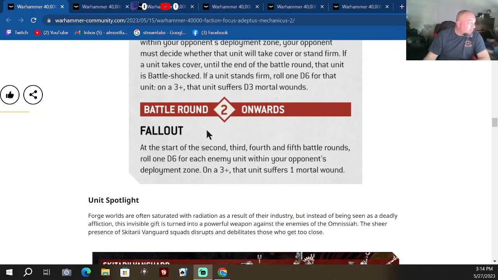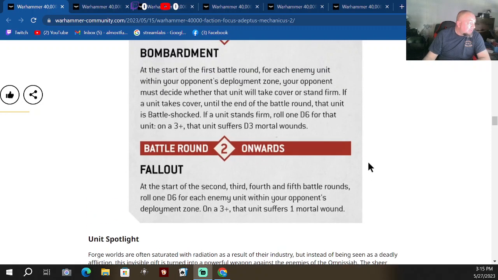From round 2 onward, at the start of the 2nd, 3rd, 4th, and 5th battle round, roll 1d6 for each unit within your opponent's deployment zone. On a 3+, the unit suffers 1 mortal wound. Alright, so that's okay. That's not like...